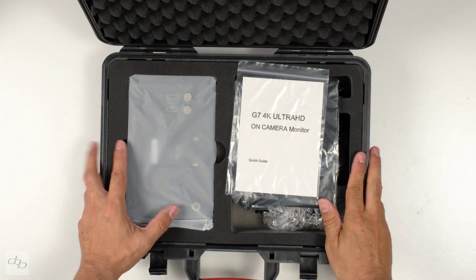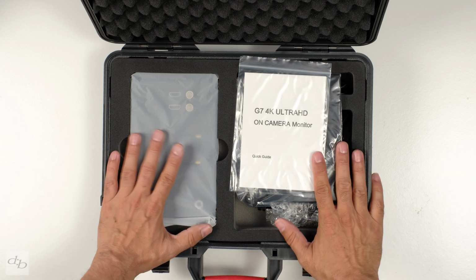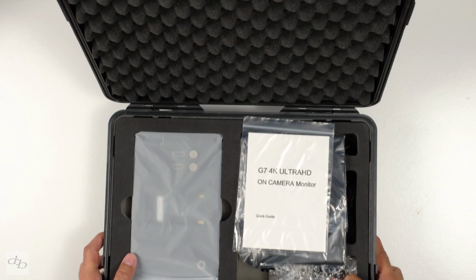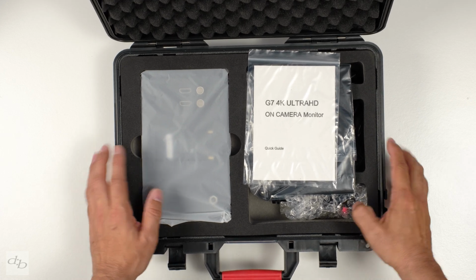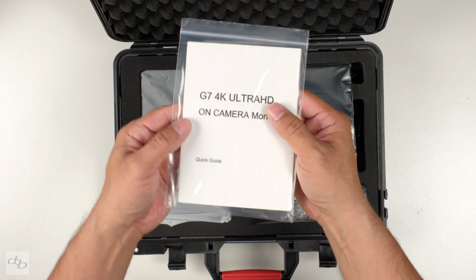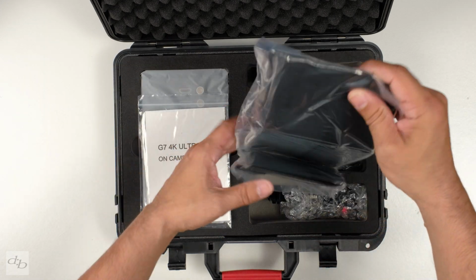Very cool box, very nice. I do like these Pelly style cases. Not bad at all. That is a nice touch. I mean, you are paying for a decent kit, and it looks like that's what we're getting. So we've got quick start guide, service card. We've got a